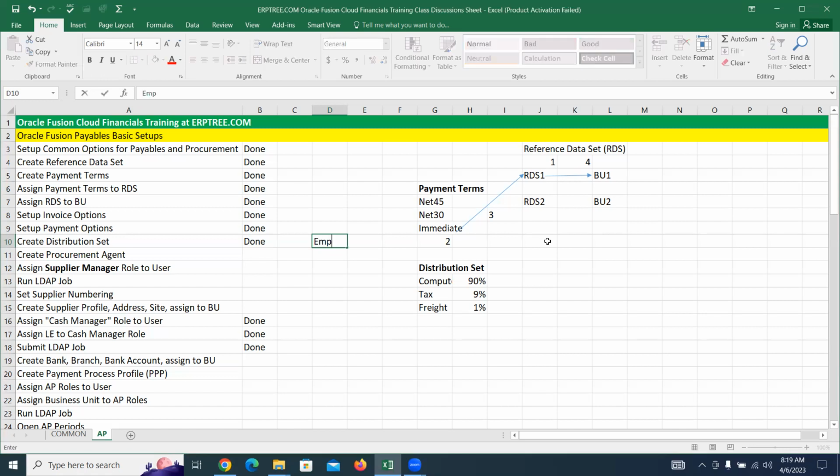First point is the user should be an employee user. Okay, you have an employee user. Can you create a supplier from this? No. That employee user should be a buyer, or you can call it a procurement agent. Yes, you have an employee user, and the employee user is created as a buyer. Can you create a supplier? No. You have to assign the supplier manager role to that user. These three are